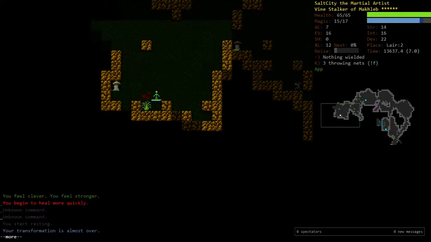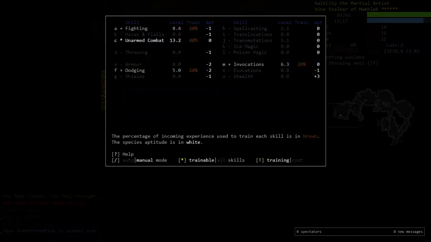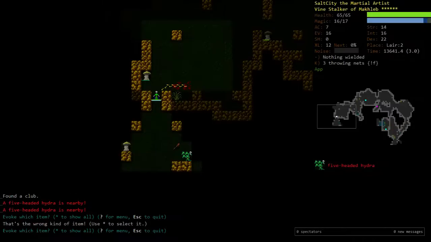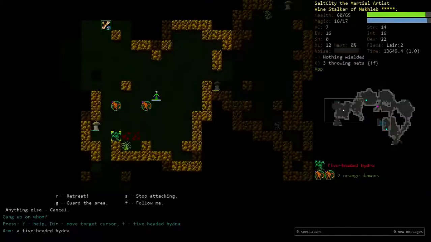More int. Why not? Get 5 HP from the level up, I guess. That's not bad. Ice Form's doing okay. This is a really bad idea. I'm actually gonna get double